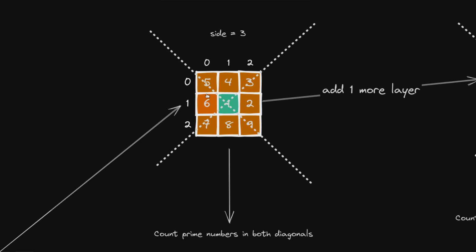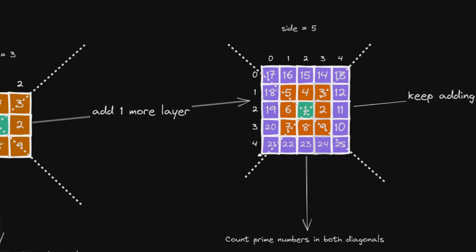So if this green one is the starting cell, and this orange one is going to denote the iteration, which is going to add surrounding values around the current cell. If we add one more layer to this,